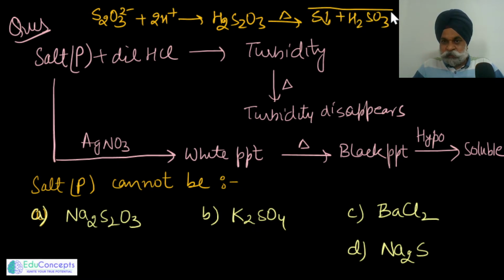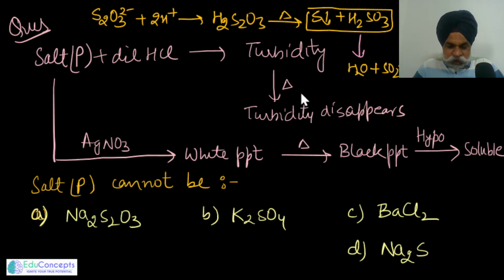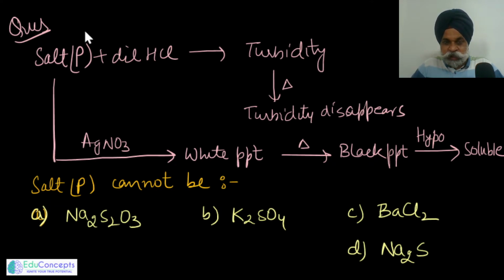So this system would provide turbidity, and this turbidity immediately vanishes when this would change into water and sulfur dioxide. So sulfur dioxide leaves the system, so the turbidity disappears because H2SO3 got decomposed. And the other way around, if you add silver nitrate into this, that also would give you a little idea. So to begin with, it seems like it would be a thiosulfate ion,